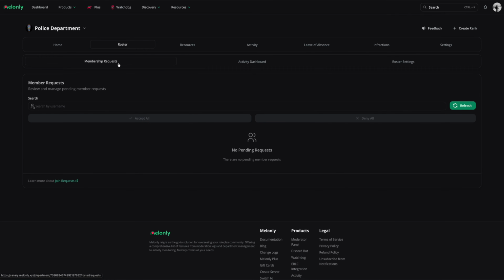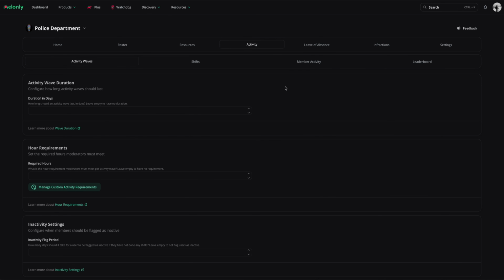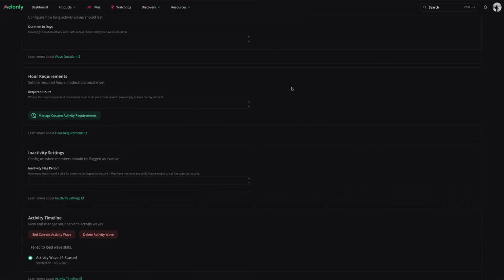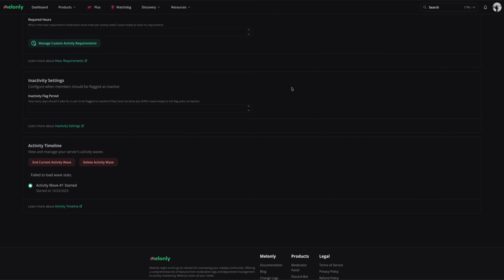You can accept all or deny all, or accept specific ones as they come in. These also function like regular Melonly servers. The Activity tab works similar to the regular Melonly server. You can have an activity wave duration, hour requirements and custom activity requirements, an inactivity flag period, and your activity